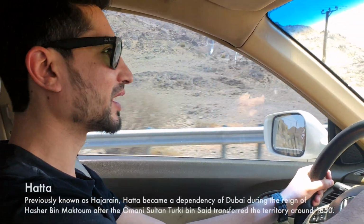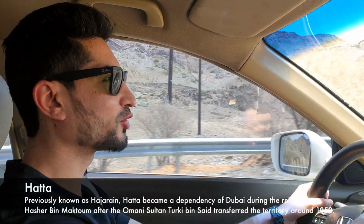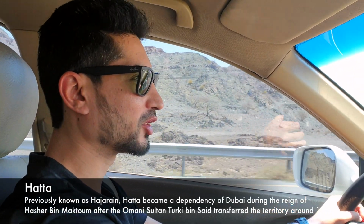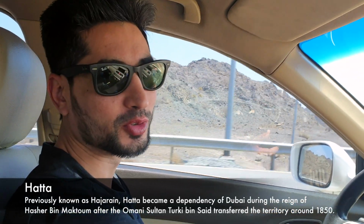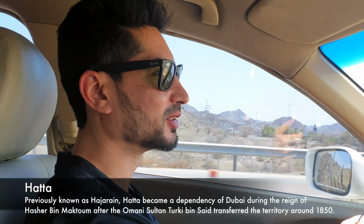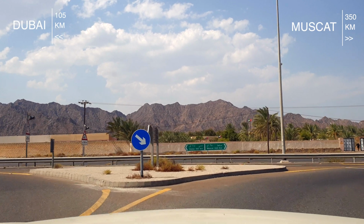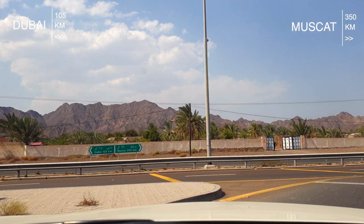Morning, and today we are going to Hatta. Hatta is a part of Dubai. Actually, that land is a part of Oman, but Oman gifted this land to the UAE. If you consider the international boundaries, it was a place of Oman. It was in the country of Oman, but then Oman gifted it to the UAE, so it's under the control